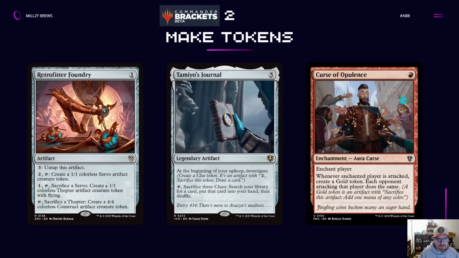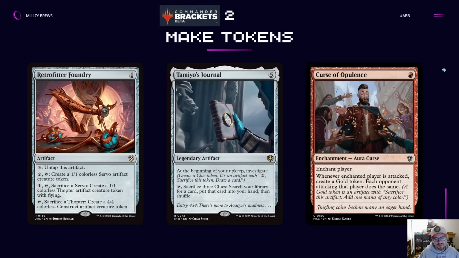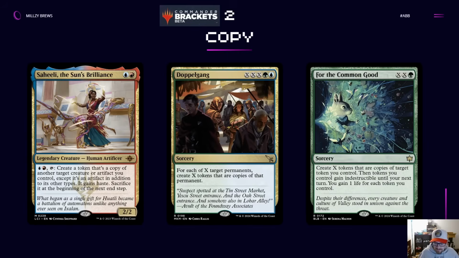Curse of Opulence, you put on a player, and whenever you attack them, they get a gold token. A gold token is very similar to a treasure in the sense that it gets us a mana, but the important thing is it has a different name, which is exactly what we're going for here. So, okay, we're